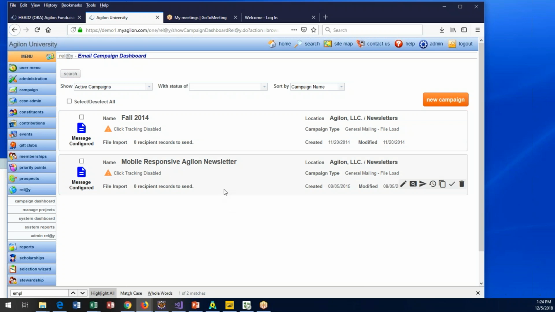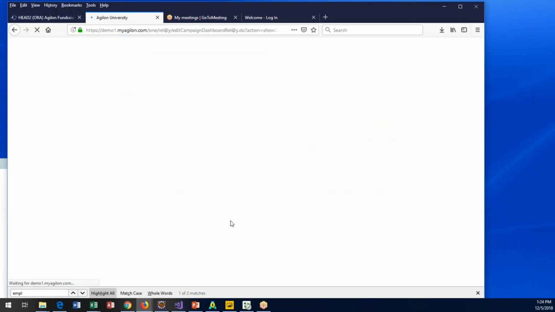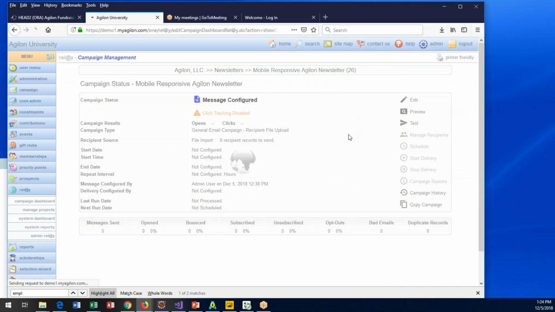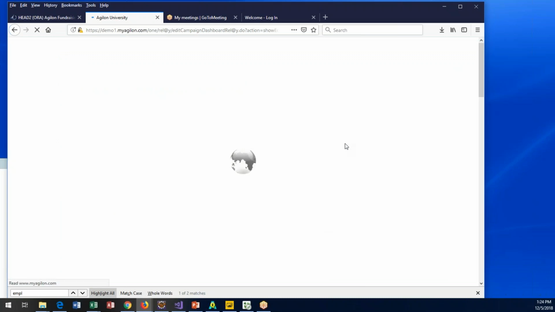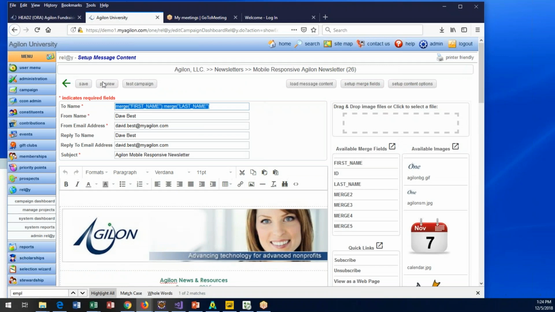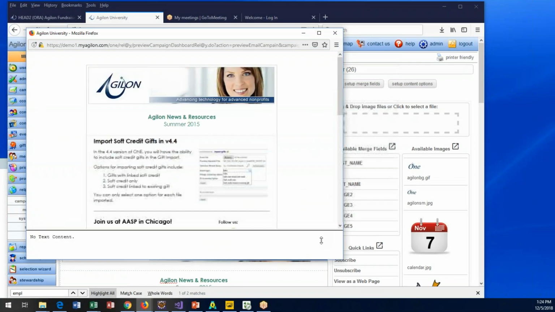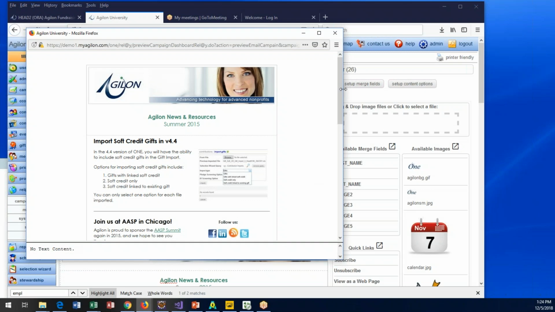And I wanted to show you one other area of content here that y'all may not be aware of. This is a newsletter we set up as an example of mobile-friendly, mobile-responsive, if you will. And this is a pretty simple thing for any of you to use. If you haven't already set up mobile-responsive emails, we have a